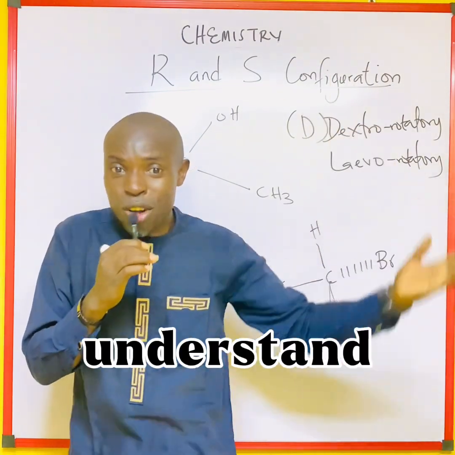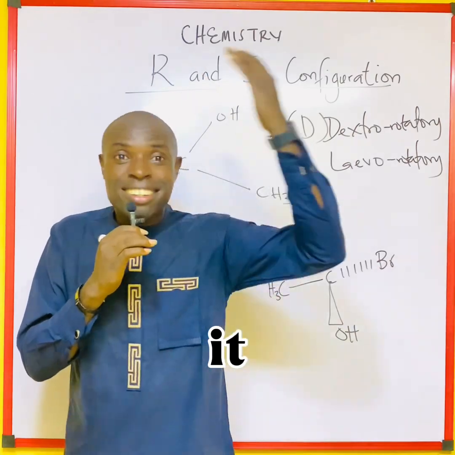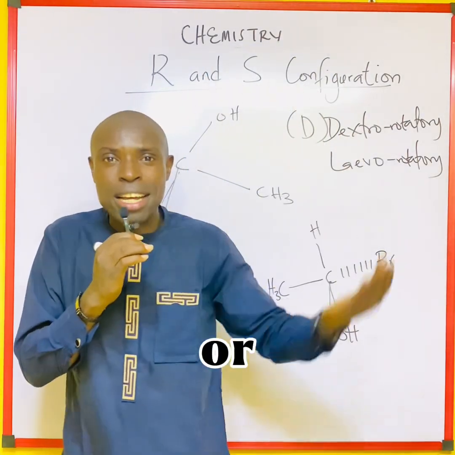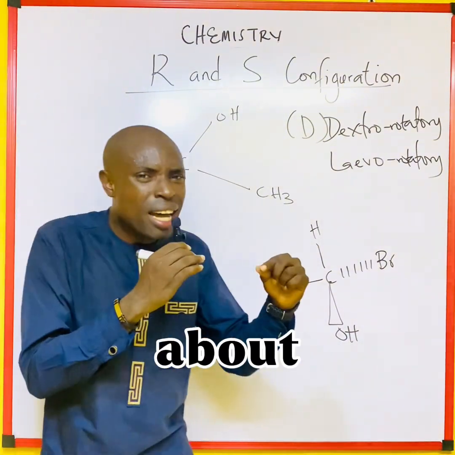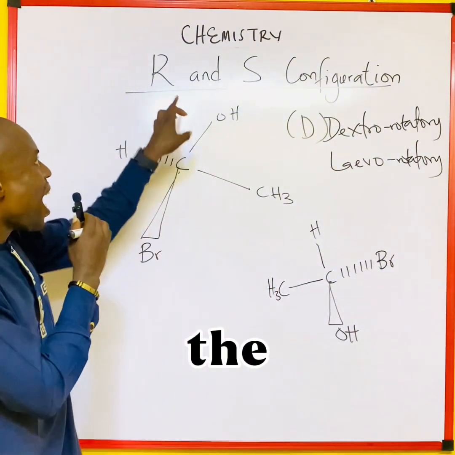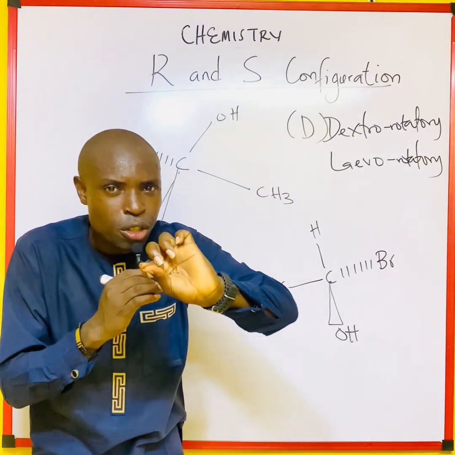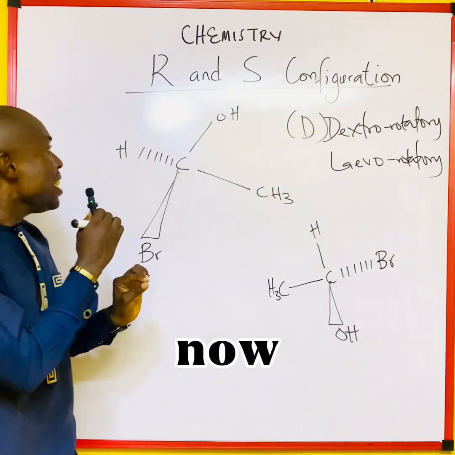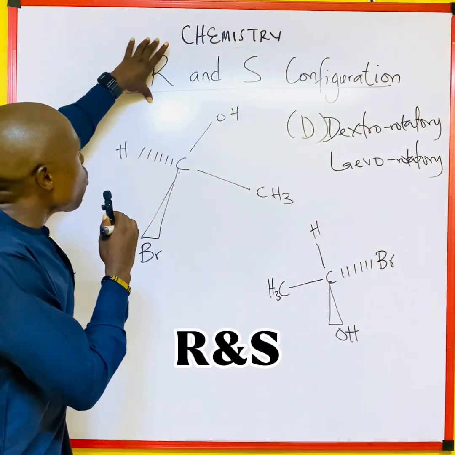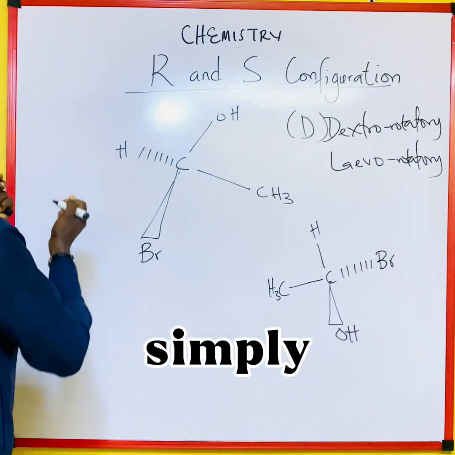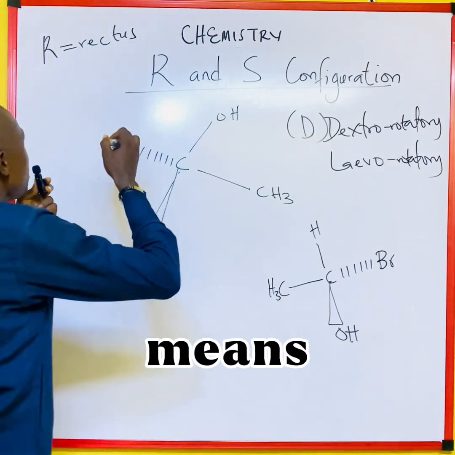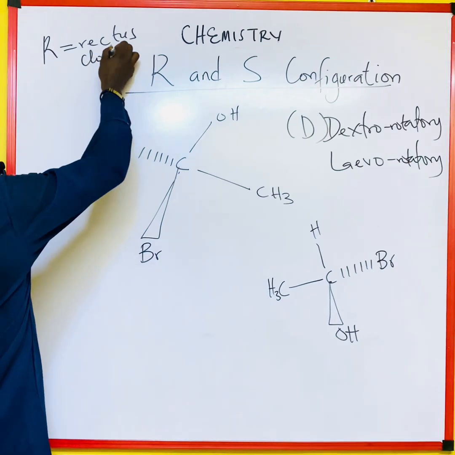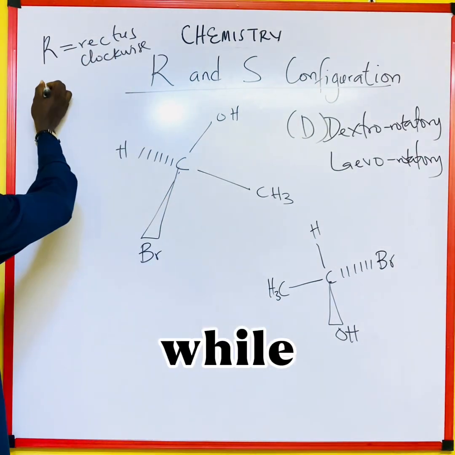So we should understand that stereochemistry has to do with a 3D form or 3D dimensions, right? So now we talk about the advanced form, which is what we call the R and S configuration. Don't get it twisted. Now, R and S. R simply stands for rectus, which means clockwise, while S, thank God,